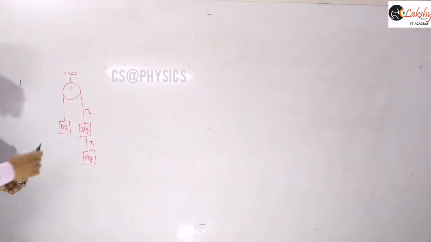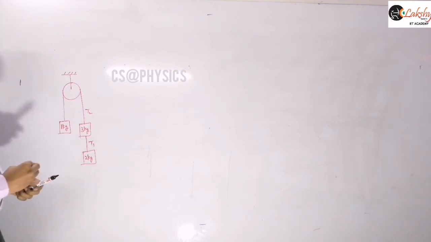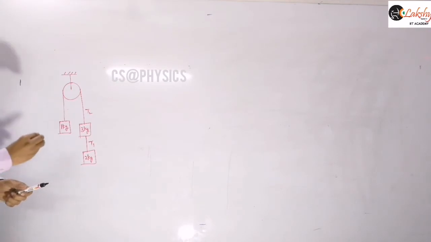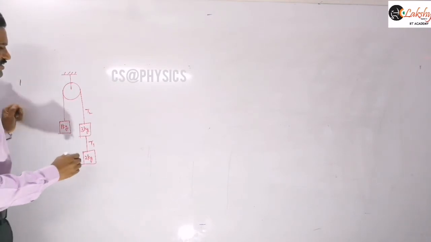Now this is the situation here. You can write the acceleration directly, or you may take the free body diagram of the individual blocks. Then you will get 3 equations because 3 blocks are there, and you need to solve those 3 equations. Or directly also you can write. First I will draw the free body diagram and write the equations.